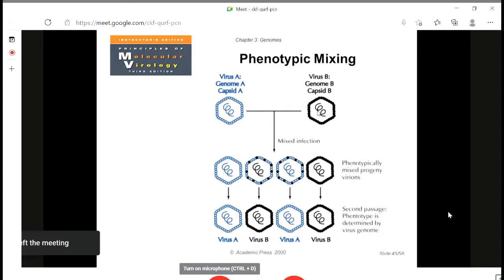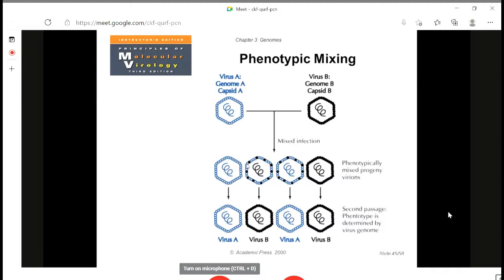So these two viruses, when they cause mixed infection, that means both viruses infect the same host cell, it may be possible that two viruses may infect the same host cell. The progeny viruses, when they get assembled, then you may get virus A in the pure form, virus B in the pure form, but in these two categories you can see the